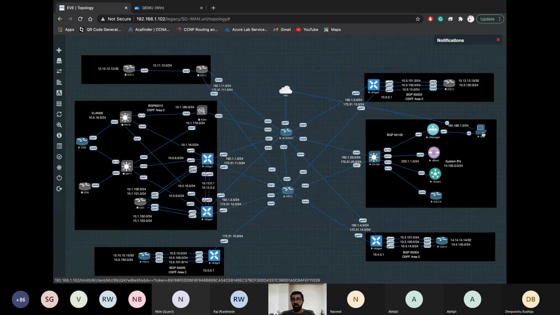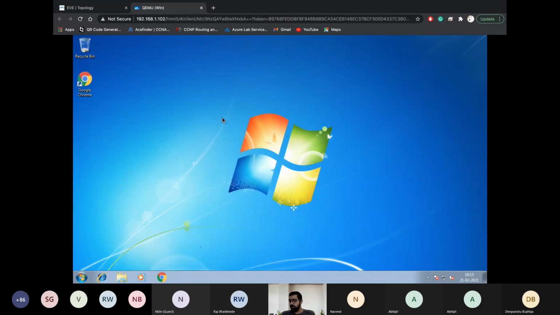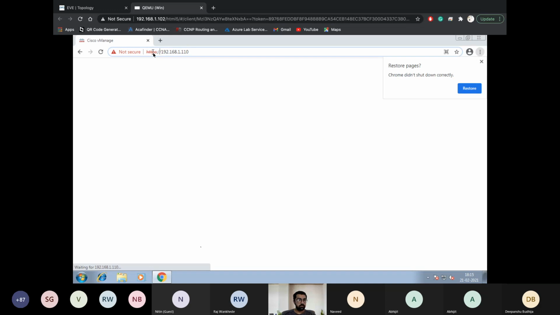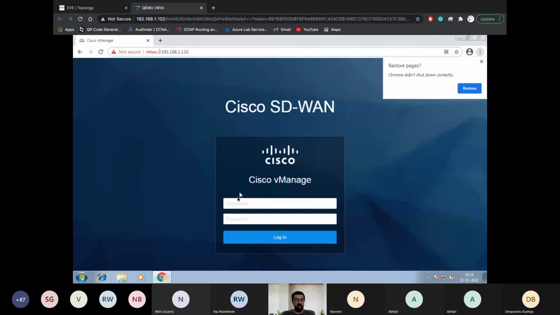Over here I have a Windows machine that is connected with that vManage, and I'm going to access that particular vManage UI and show you how it can be accessed. So if I open up my Windows machine, I'm going to open up my web browser, and in my web browser, I'm going to type in the address of my vManage. There you go. That's our vManage. I can log into this vManage by using admin and admin as the credentials. And whenever I log in,